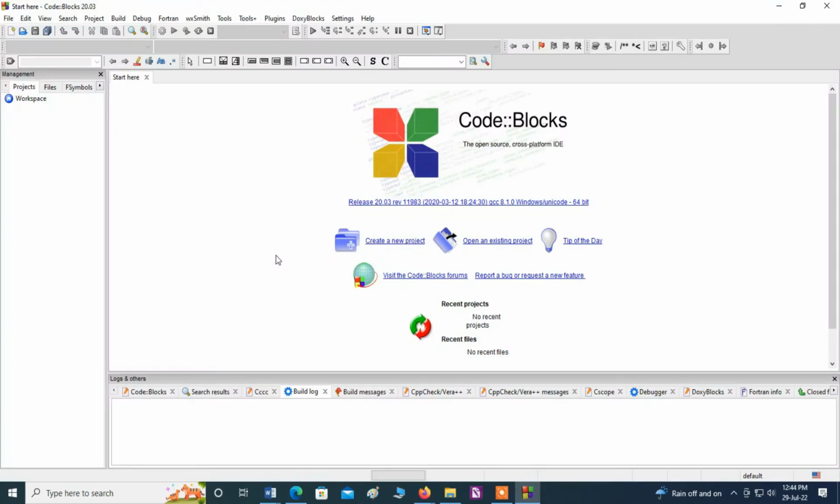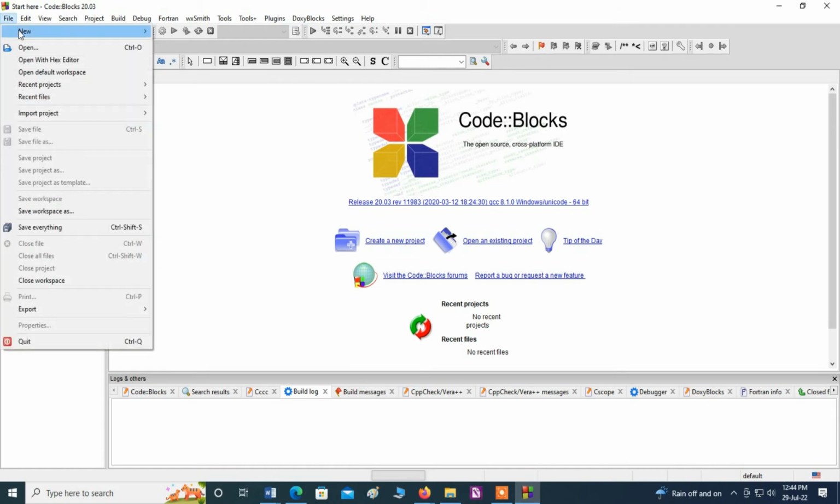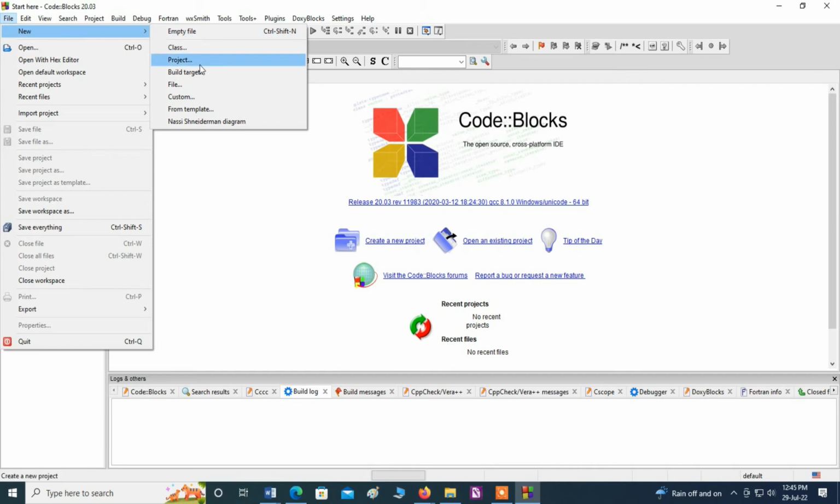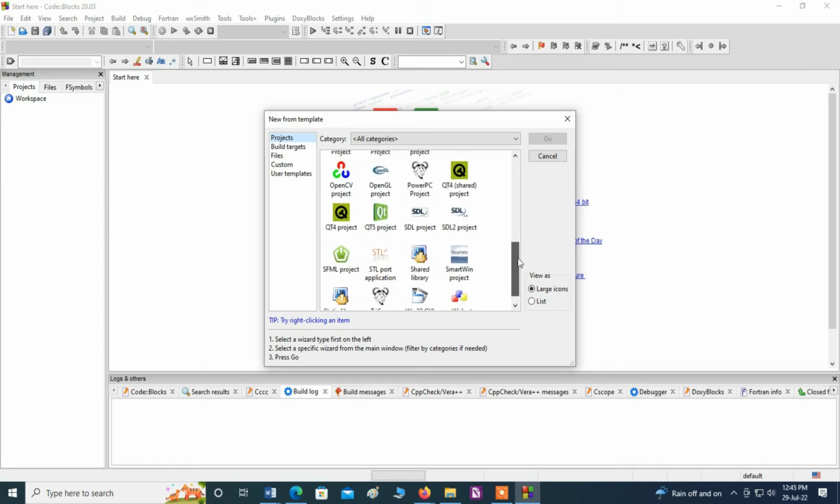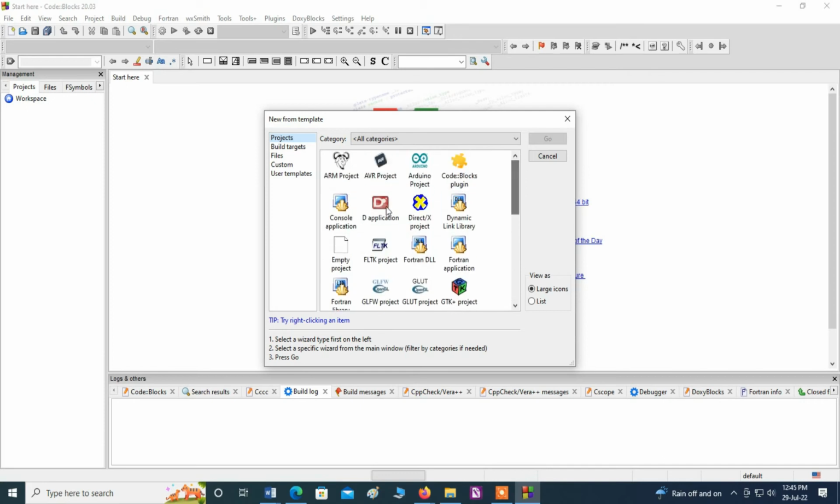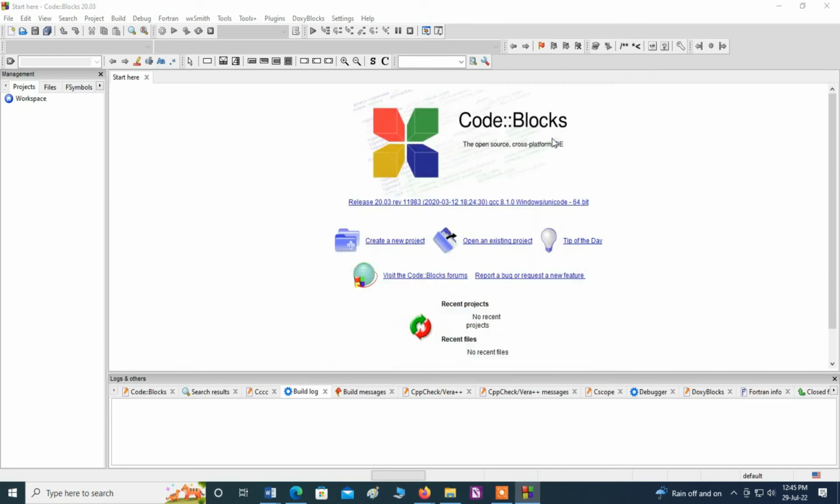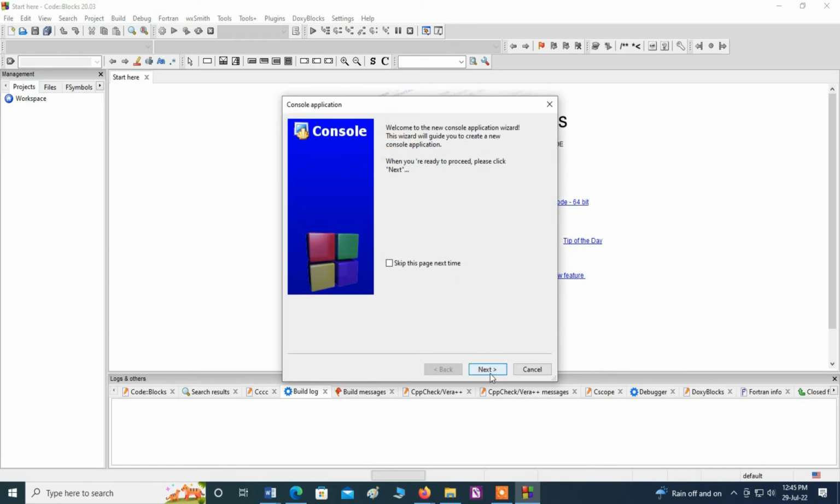Now the CodeBlocks 20.03 version has been launched. We can click here file, new, and then project. Here we have different options. We can use any one. Here we can use console application and click go. Click next. Here you can see C++, choose C++,